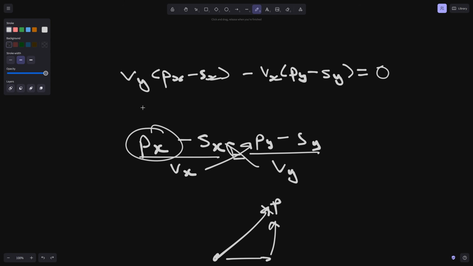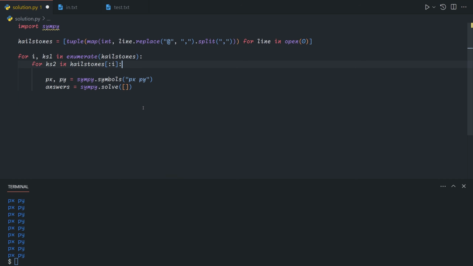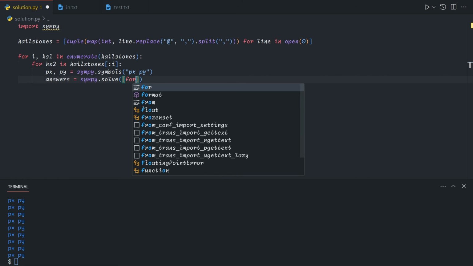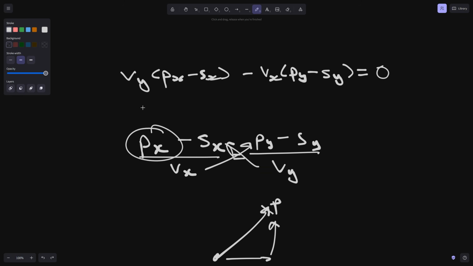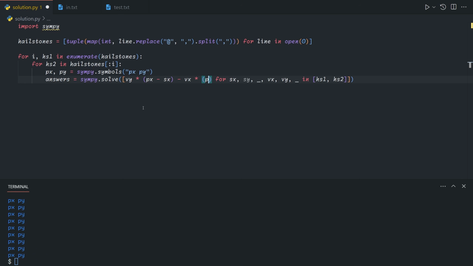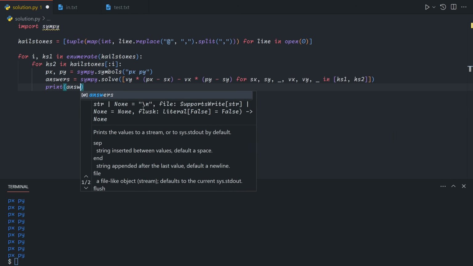we'll need to do this for both hailstones. So instead of separating the variables out, it's probably a bit easier if we do this for hailstone in HS1, HS2, and then we'll unpack the hailstone as sx, sy, and vx, vy. And our equation will be vy times (px minus sx) minus vx times (py minus sy). So now if we print out answers,